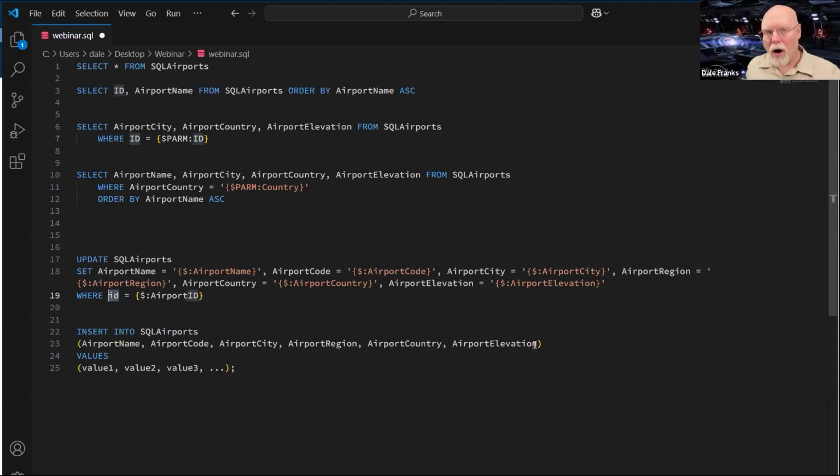The ID is handled automatically by the database, and it just creates the new ID record whenever you insert the new data. But in my case, that's not true. So we need to set the ID as well. All right, so we're saying insert into SQL airports, and then we're listing all of these columns where we're going to apparently insert something.